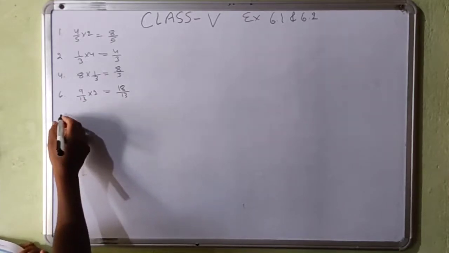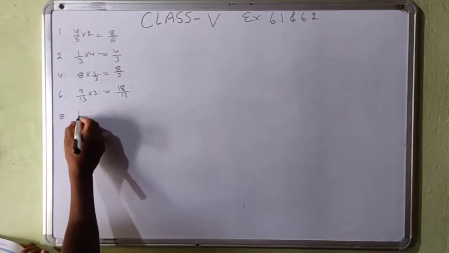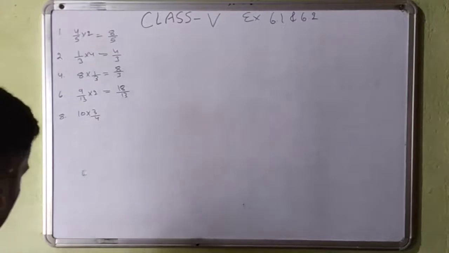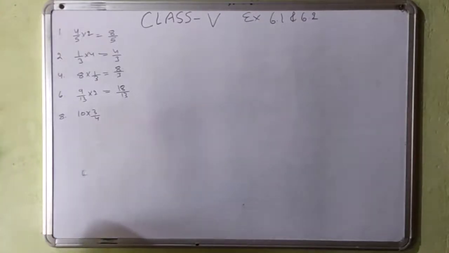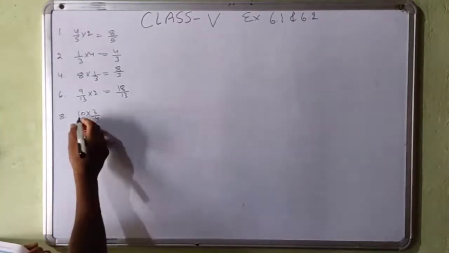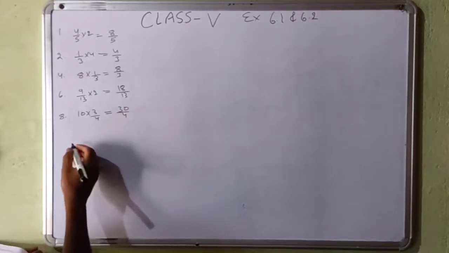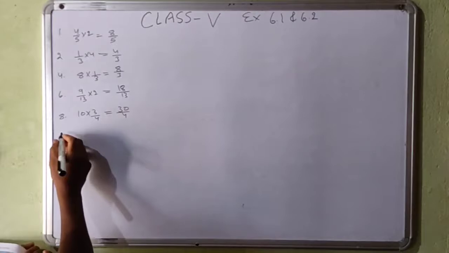Eighth question, 10 into 3 upon 4. So 10 3s are 30 upon 4. And then the ninth question,